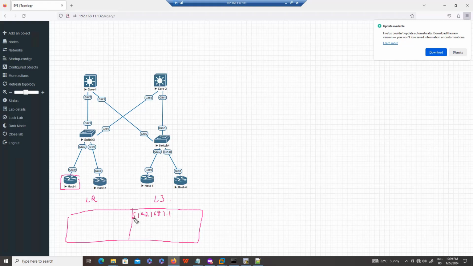This is your source IP, and the destination IP is 192.168.1.3. Then you have a source MAC, which let's assume is A, and the destination MAC, let's assume is B. Switches will forward the traffic based on this header. They will see the destination MAC, and based on the destination, they will find out the leaving interface.